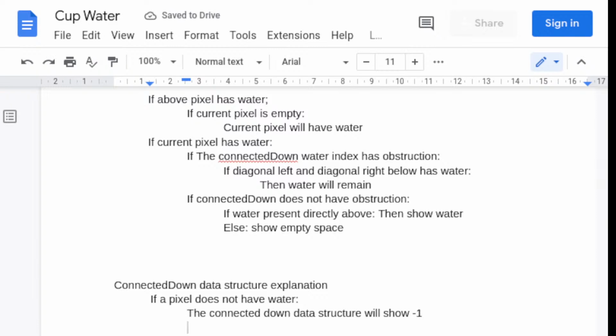Okay. If a pixel has water, the connected down data structure will show